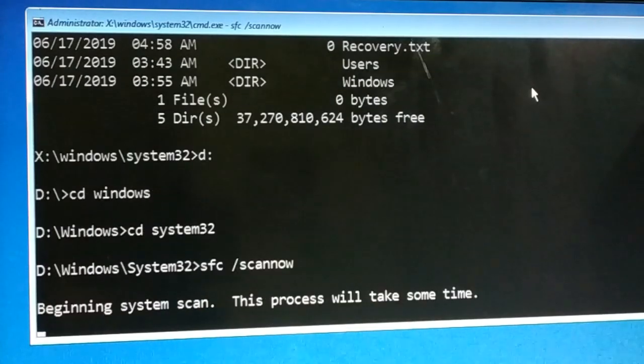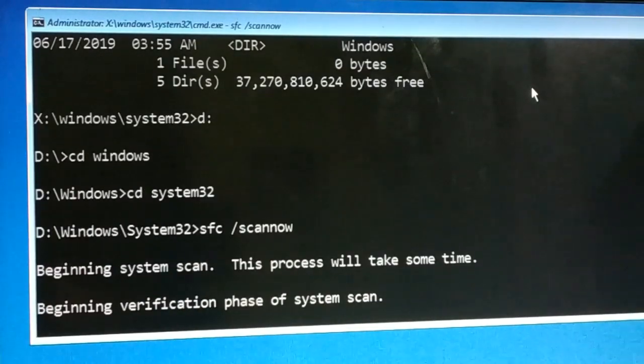It will run the scan. So this scan might take some time. So this will fix a lot of issues. Now once it finishes the scan, you can just exit it and restart your PC, and your PC fixes all the issues and does not run into any kind of problem. You can enjoy. Otherwise we'll proceed one more step in the command prompt. That will be your next method, and if the problem still persists,